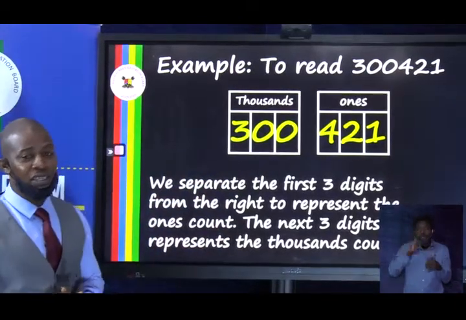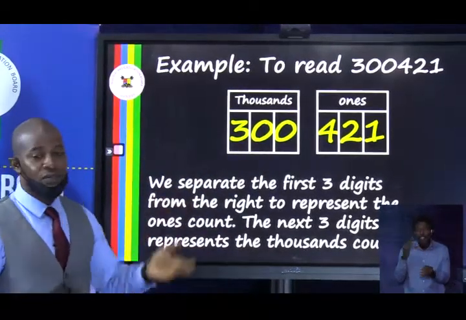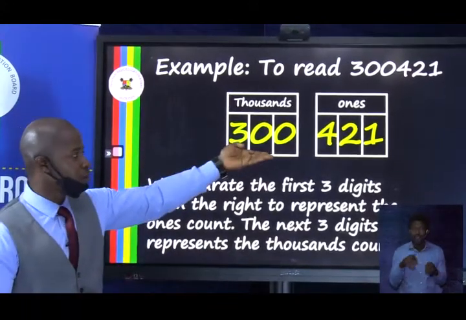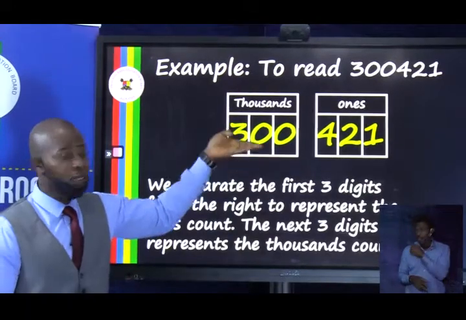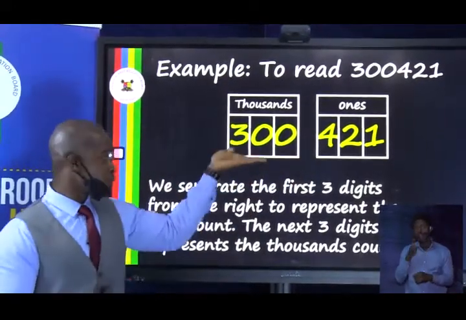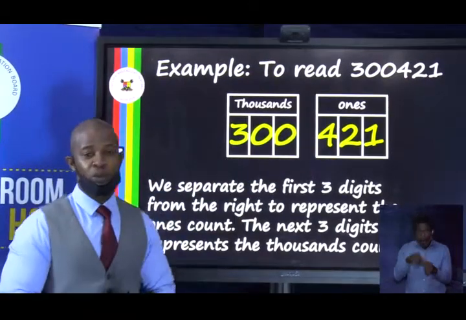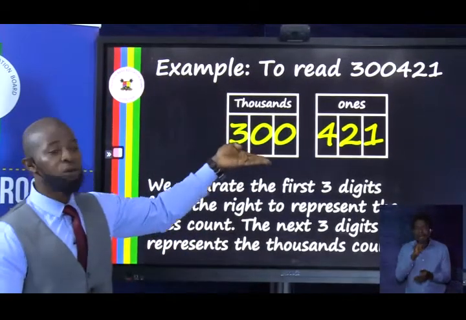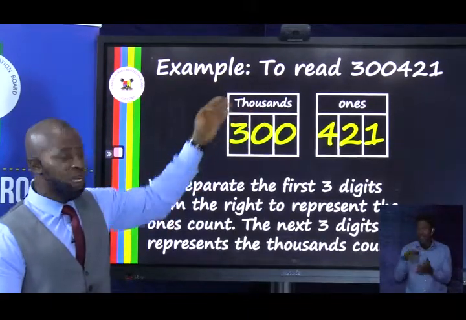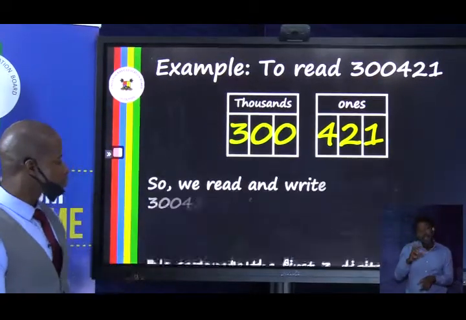But to pronounce this is very easy. Like I said, if you can pronounce 3-digit numbers, you'll be able to read any number. So this is what? Just pronounce the 3 digits. This is 300, and this is 421. 300, 421. But you must remember that this 300 is not ordinary 300. It's 300 under the house of thousand. That's why you read it as